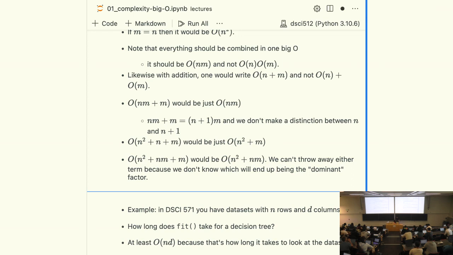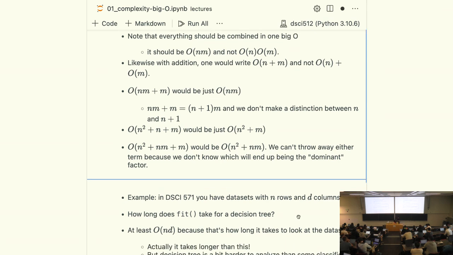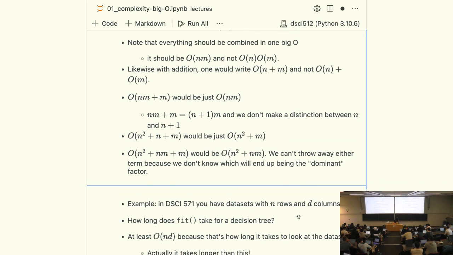So in DSCI 571, I guess you have had a lecture already, right? Okay, so with a data set that you have n rows, like n observations or data points, and you have d columns or d variables, when you do the dot fit, that dot fit is at least order of nd, right? Because that's n observations, d columns. It takes nd amount of time to at least look at each data point in that data set, right? So that's kind of like the